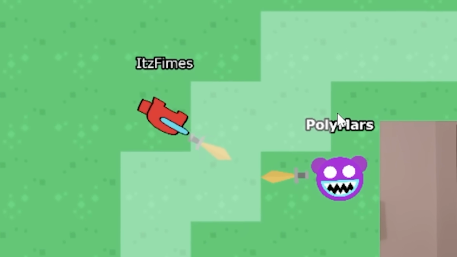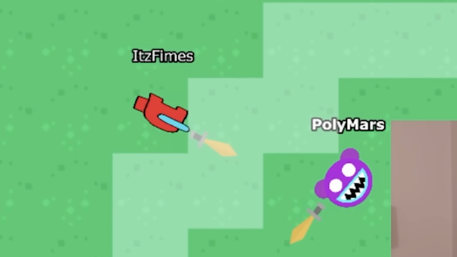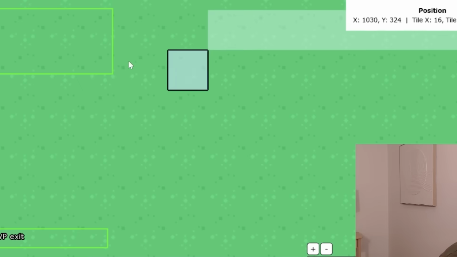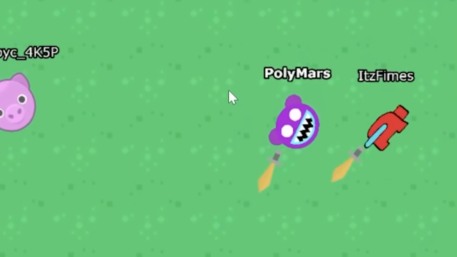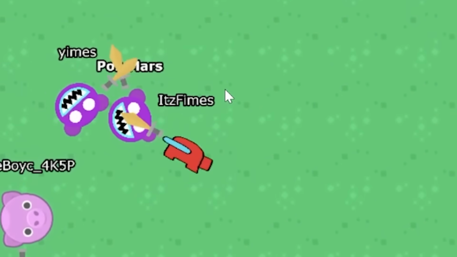Okay, I may have trapped myself instead of it's Fimes, but we tried. You're not getting away from me, it's Fimes. Go, go, quick! We got him! It's Fimes is trapped in here forever! Technically, I'm trapped in here too, but...